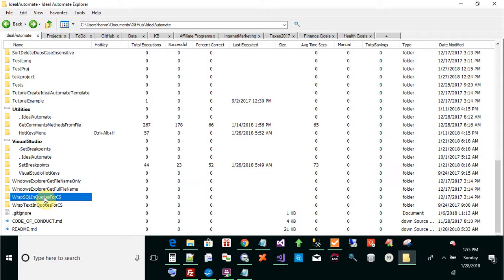Okay, and then you go down to the bottom of the folder that you extracted everything into, and you'll see this WPF C# application that I wrote to automate this wrapping of SQL in quotes. So right click on that and run,